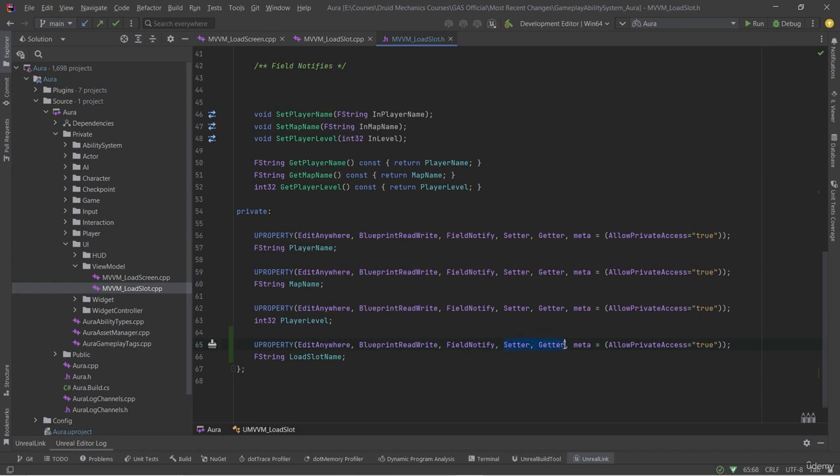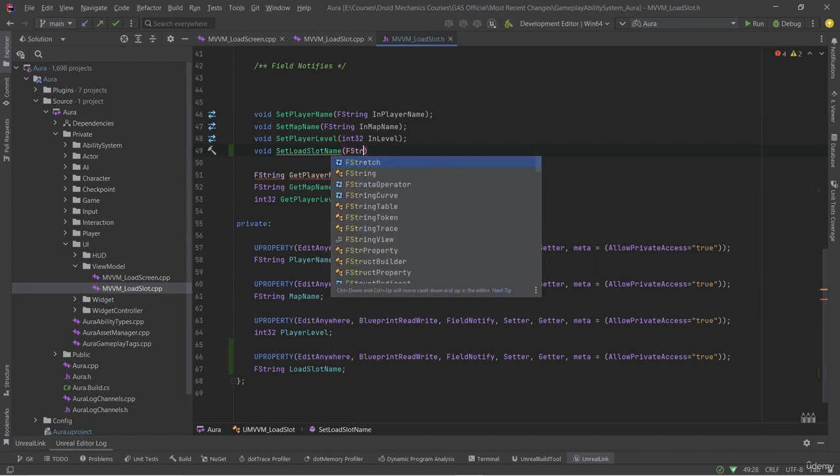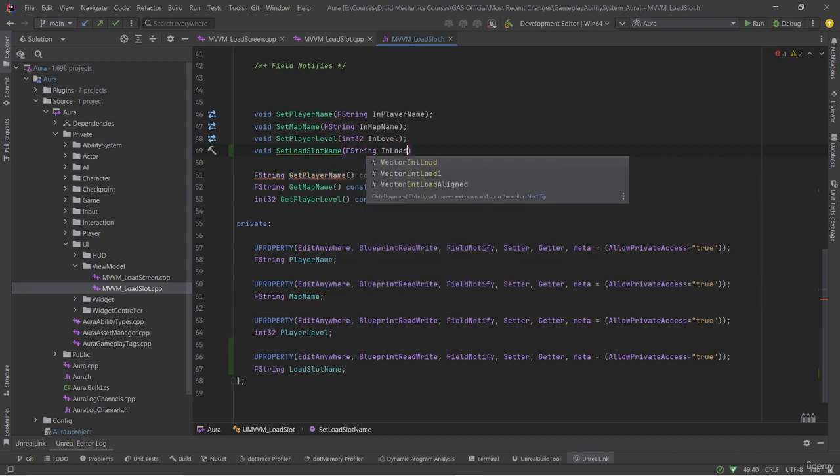And with getter and setter in the UPROPERTY macro, we need public getters and setters, which means anywhere in our project where we're accessing load slot name as if it's a public variable, that's now going to need to access the public getter for it that we're about to create. No big deal, we can do that. So let's create the getters and setters. First, the setter, it's going to be void SetLoadSlotName, and this is an FString. It's going to take in an FString called InLoadSlotName,